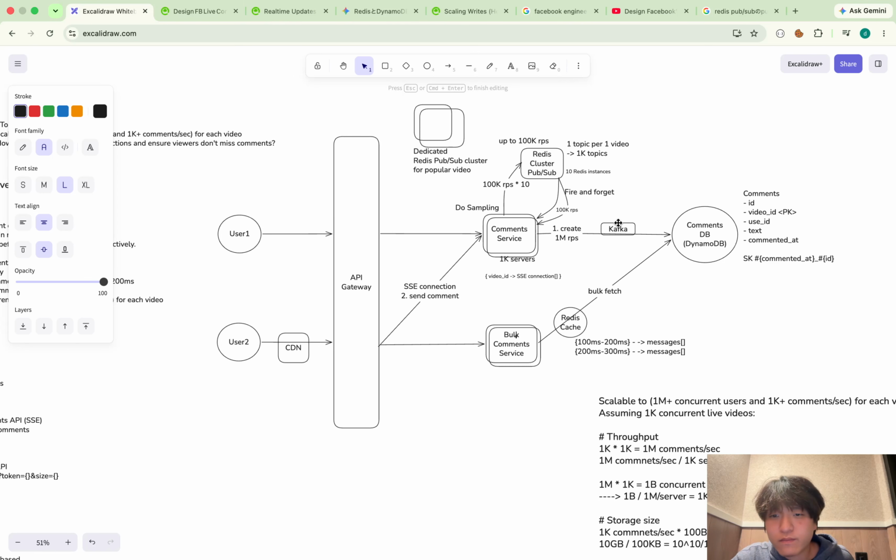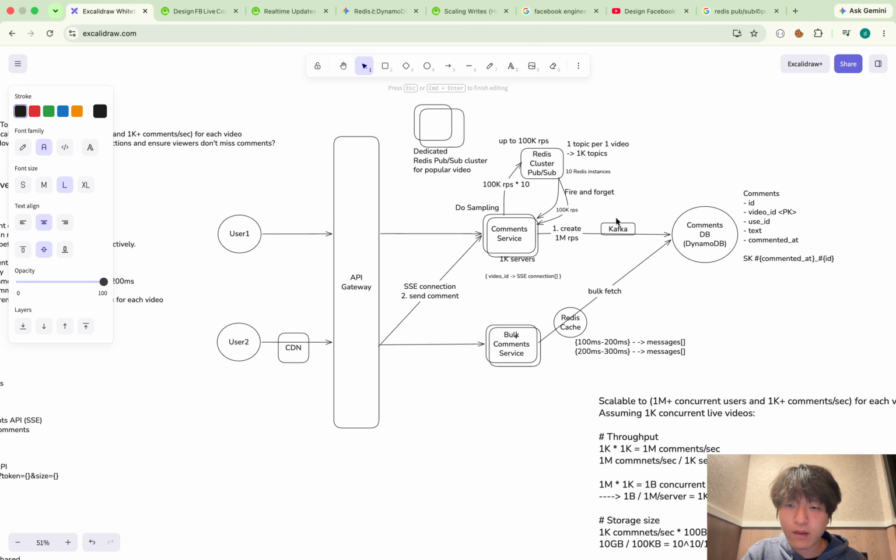Of course, we can create multiple topics here, and internally I can do the partition, specify the partition key, and scale out internally in the topic. The partition key should be maybe video ID, but probably anything is fine.